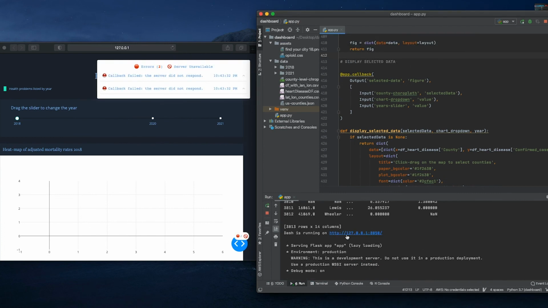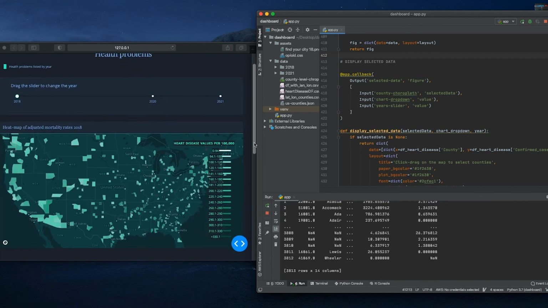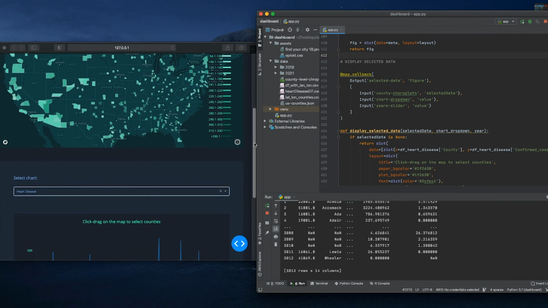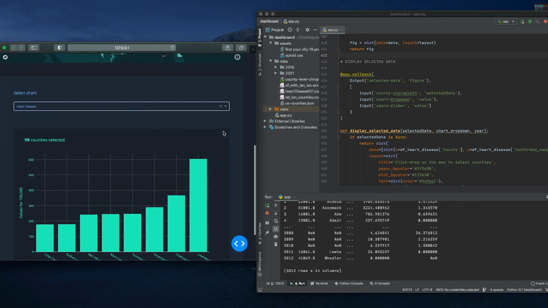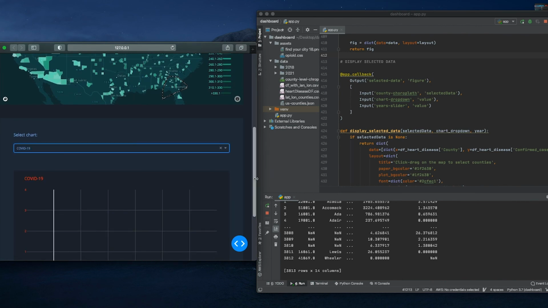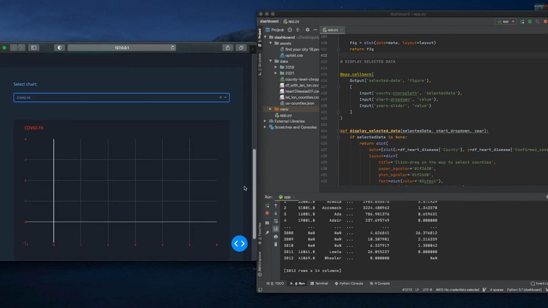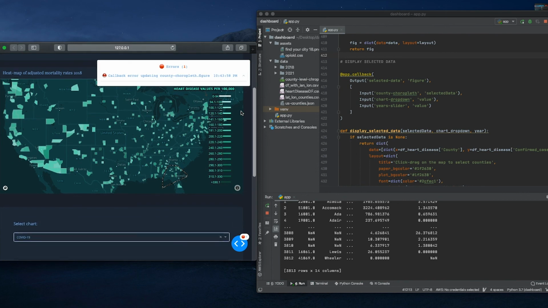Now the choropleth map is displaying, and if we select data for the heart disease, we are able to display it onto the bar chart, so it's working properly. So the heart disease data is working. But if we change it to the COVID-19, we can see that it's giving us an error in one of the bins value,